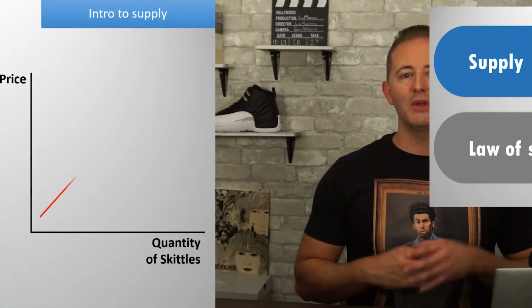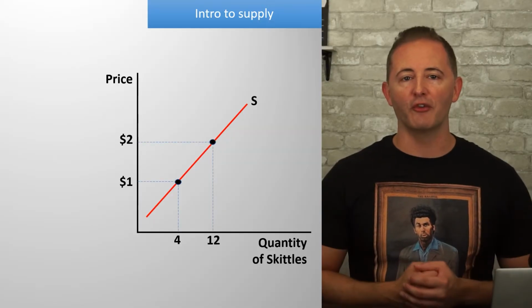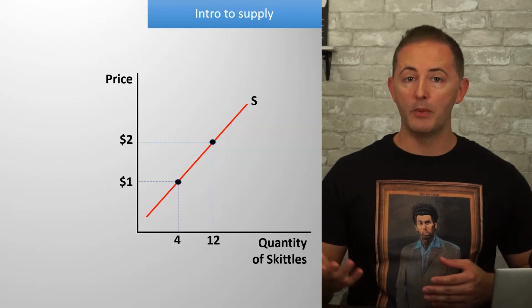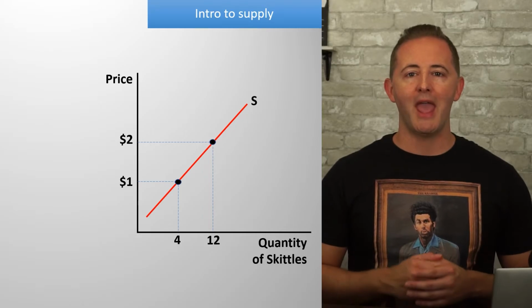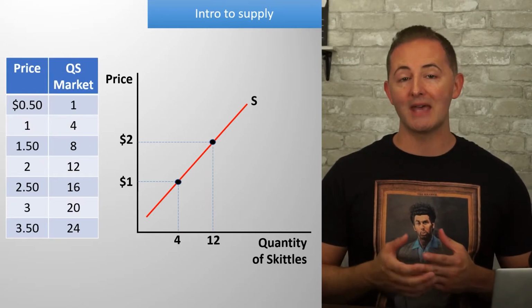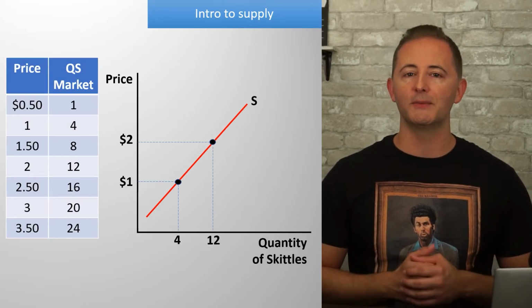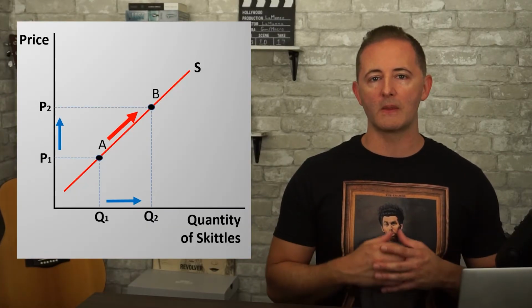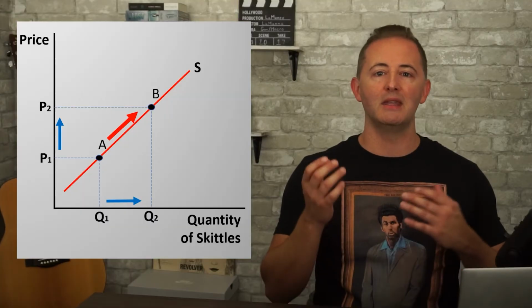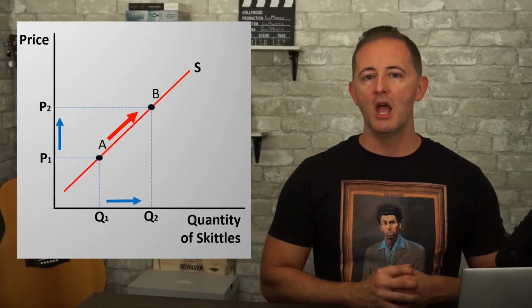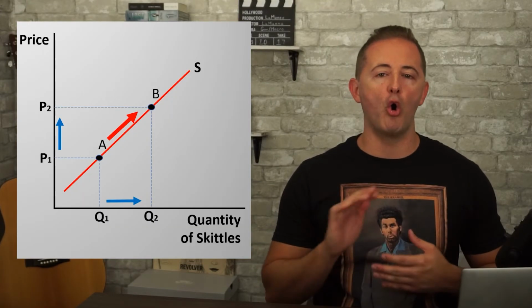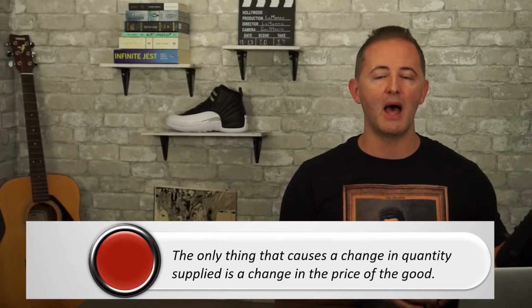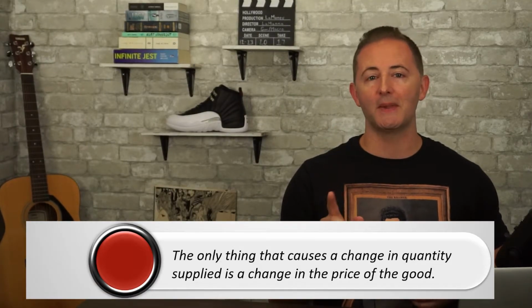I thought so. We can see this on a supply schedule and a supply curve. The supply curve is upward sloping, showing that positive relationship. And we can see on the supply schedule that as the price rises, so does the quantity supplied. If the price increases, this will cause an upward movement along the supply curve, and this is known as an increase in quantity supplied. Just like with demand, a price change only causes a change in quantity supplied. It does not change supply itself.